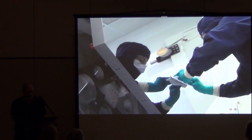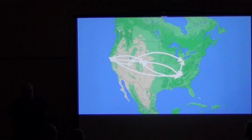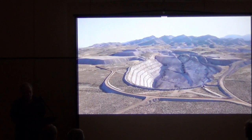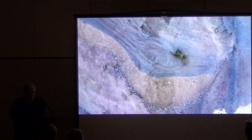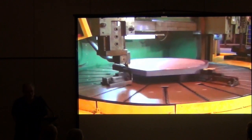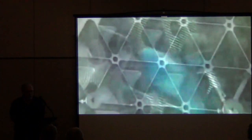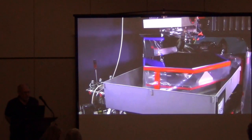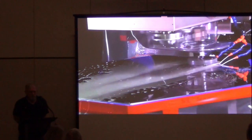But in order to construct these perfectly polished mirror segments, they had to make 14 stops at 11 locations all across the U.S. The first journey started in the mountains of Utah, where the beryllium powder was mined and shipped to Ohio, where it was purified and turned into individual mirror blanks. Then the blanks were sent to Alabama, where each one was machined into a honeycomb structure to reduce mass. The next destination was California, where the mirrors were polished to the exact shape, perhaps the most crucial part of